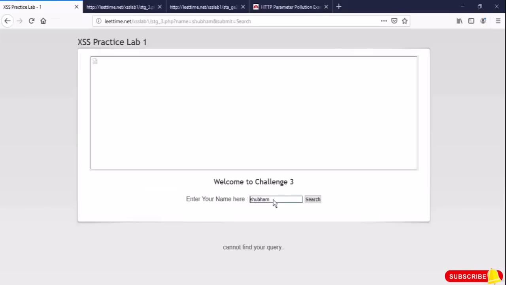So double quote closing and my name. Hit enter and you will be able to see the reflected query. Done. So let's use our script again. So script, this is our payload, right? And this time let's use document dot url and close the script